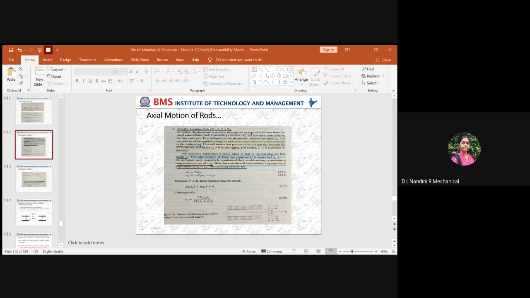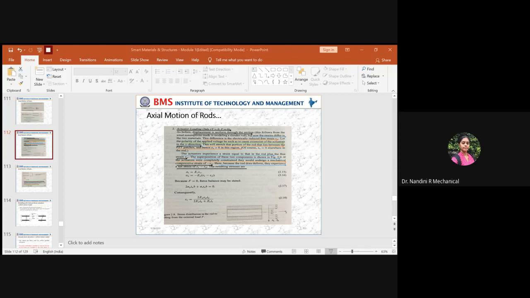When you think about the axial motion of rods, you have two options: one is mechanical loading and the other is actuator loading. If it is based on actuator loading, then you have to use this equation only. If you go with the previous equation for the strain distribution across the piezo element, then you will go wrong. That is only for mechanical loading where you apply the force. When you apply the electrical voltage, the strain induced equation will be this equation that you have to follow.